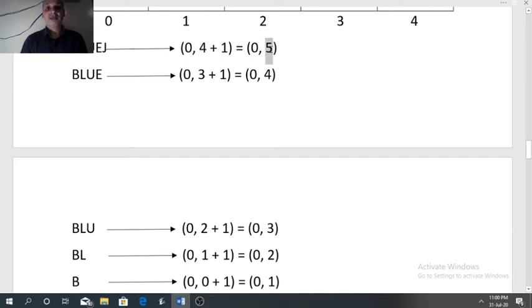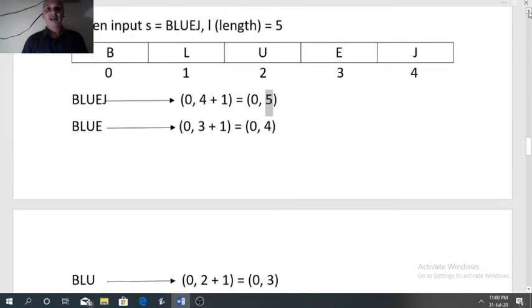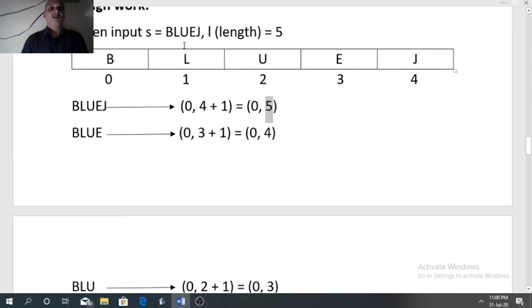I is starting with 5, but this 5 is related to L. For this word BlueJ we have 5, but if the input is different, then we have to write some other value. So what is that value?